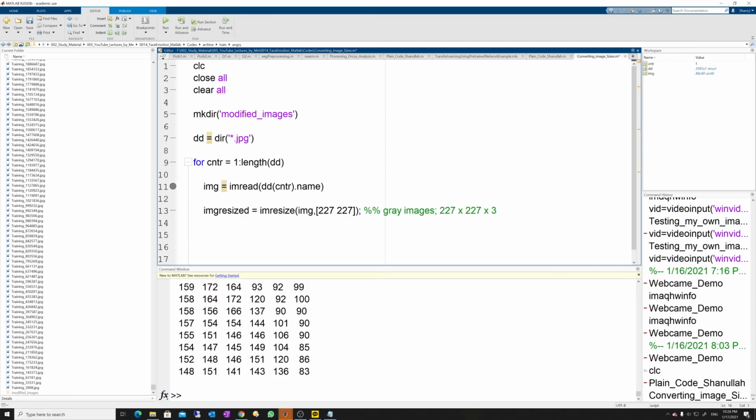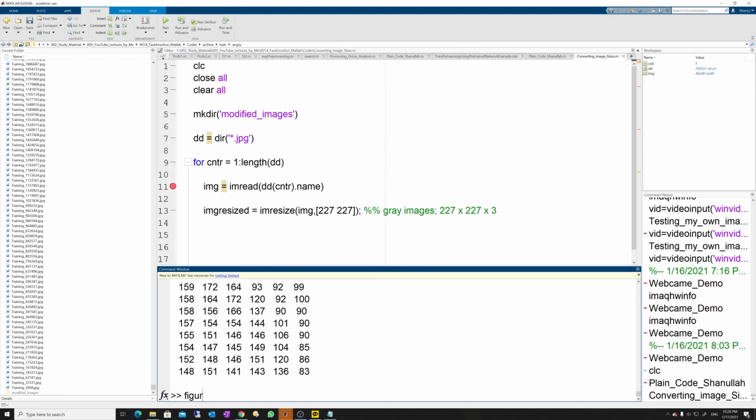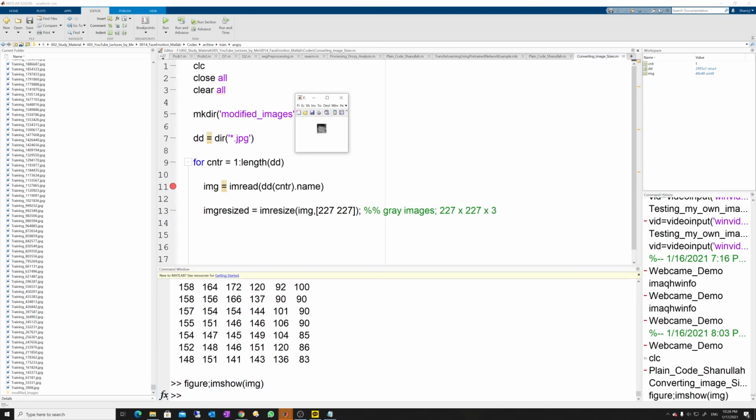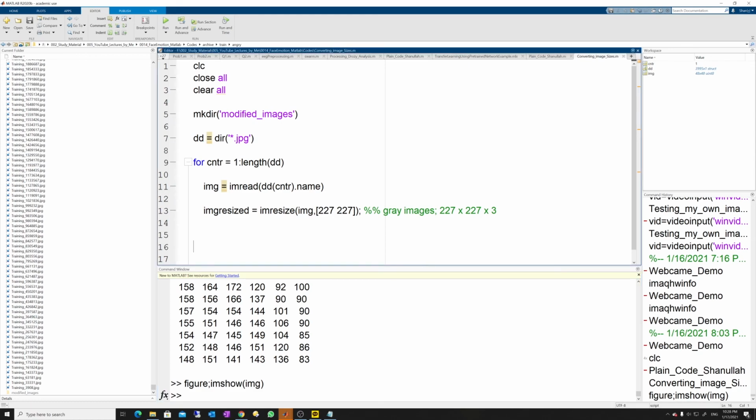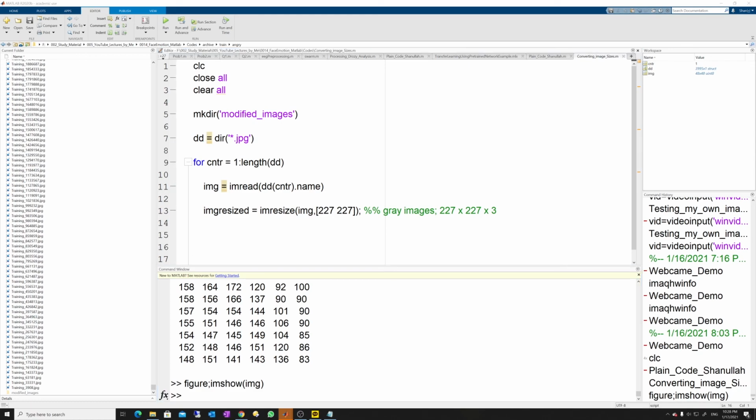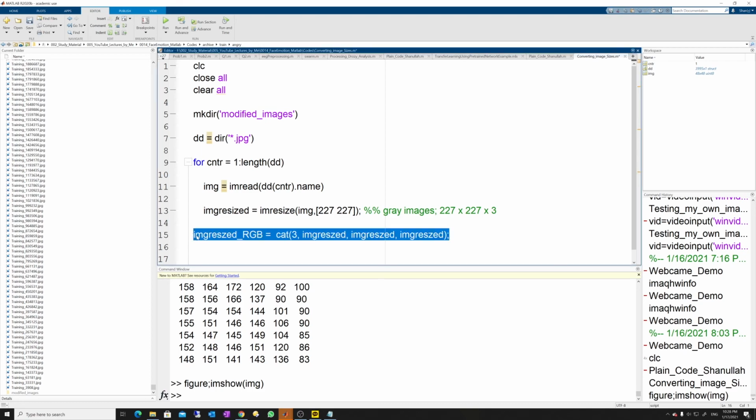Let me quit the debug. So if I say figure, if I do it like this, it has contained this image, but it is 48 into 48 in size, right? So I need to resize it, and then after resizing it, let me copy the code. After resizing it, what I can do is